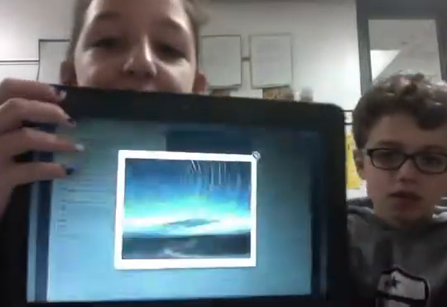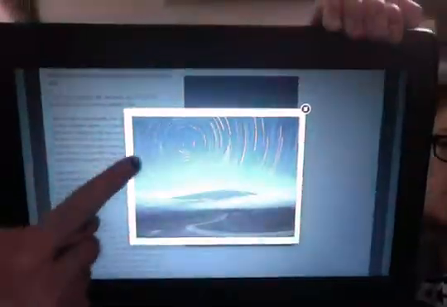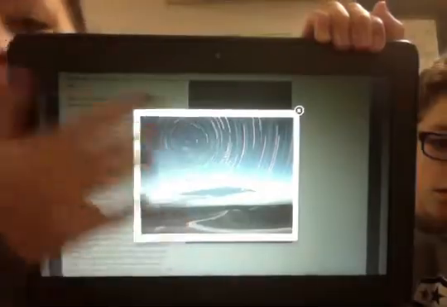So here's an example of what he was talking about, like the picture. I don't know if you could actually see that, but this is the North Star right in the middle, that little dot in the middle, and lots of stars revolve around the North Star, because the North Star's gravitational pull is very strong.